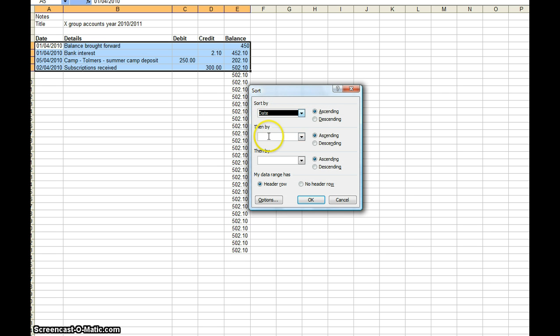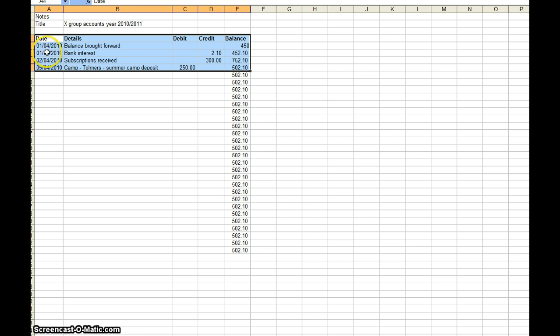Okay, I've got sort by, then by, then by. Now I'm looking to sort by date in ascending order. It's already got that populated. I click OK, and look, it then puts it in date order, and you can see quite clearly that I received the subscriptions in the bank account prior to making the payment of £250. That is it, really. You just carry on entering